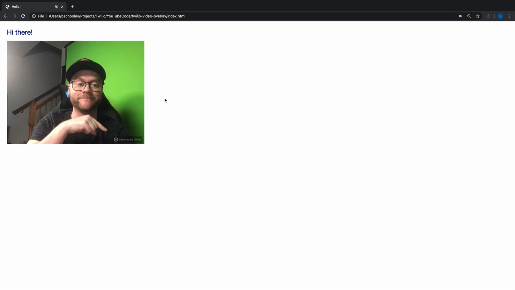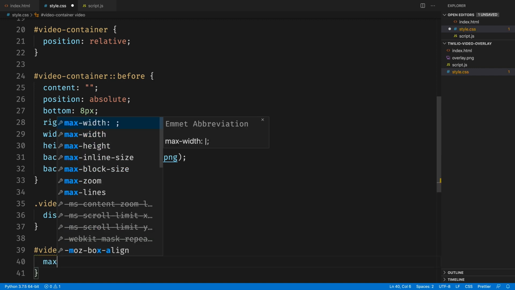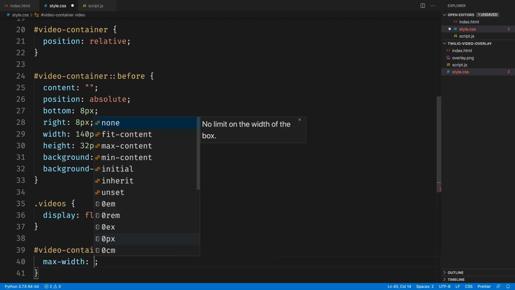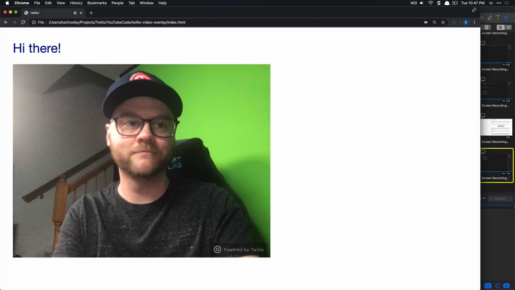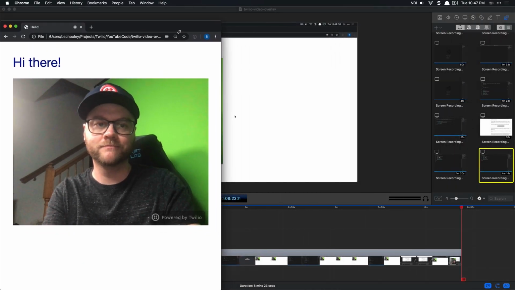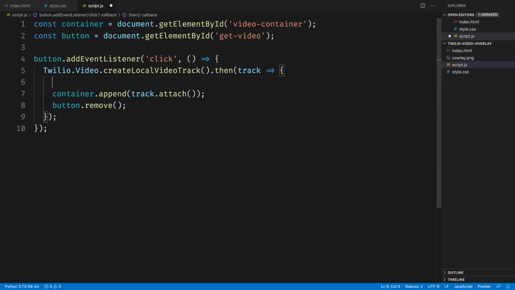It's in the right location. There's only one more tweak I want to make here, and that is to set the max width of the video container's video element to fit inside at 100%. This will allow us to resize the browser window and have the video resize appropriately. Perfect. Now I just want to make one more tweak